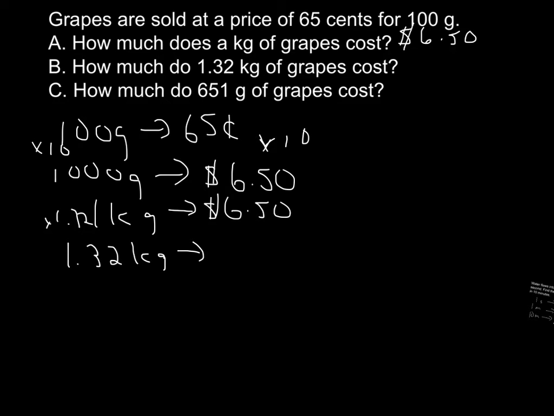So I go over here and do times 1.32. And when I do that, you could use a calculator for it. I don't have one handy, so I'm just going to multiply 1.32 times 6.5, which is just 132 times 65. We remember that from the 5th grade, right? And so I get